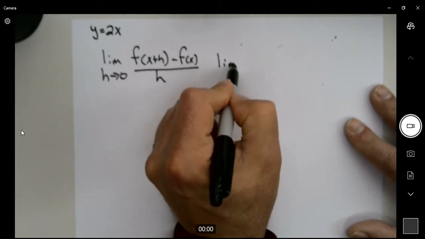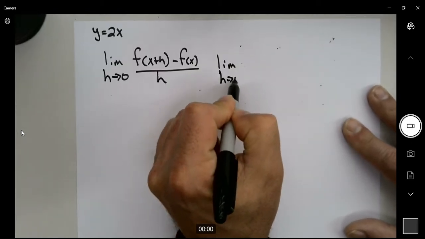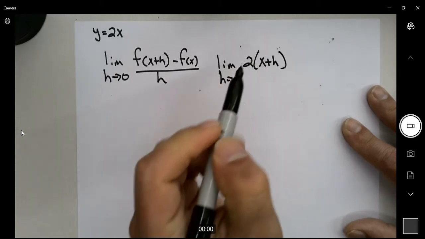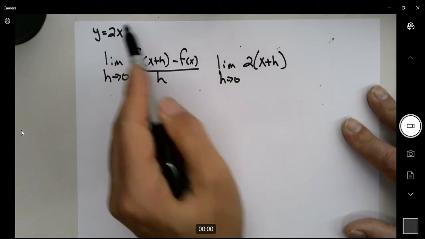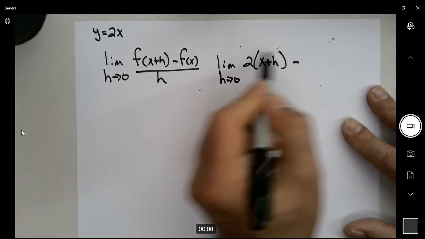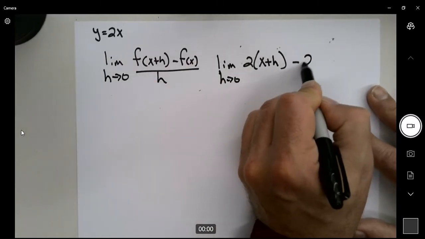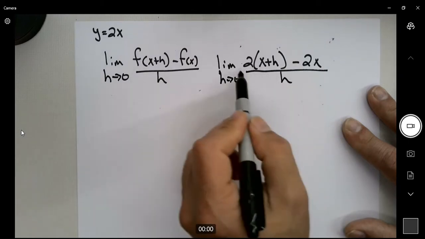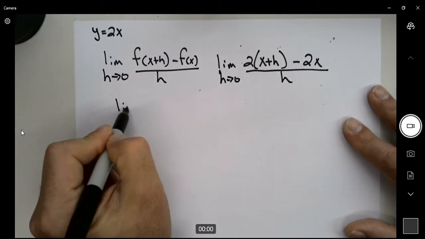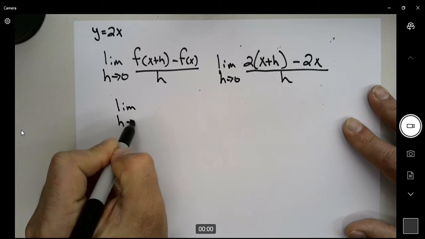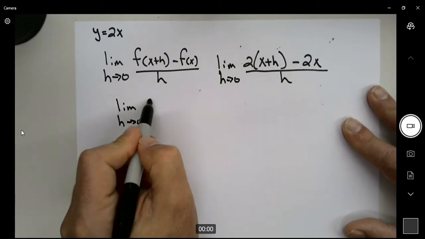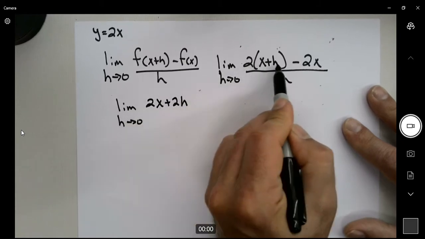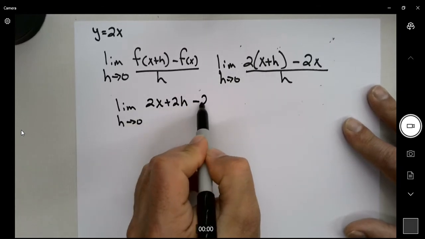So what we've got is the limit as h approaches 0 of 2 times x plus h, not 2x, because remember it's x plus h, minus f of x, which is 2x, over h. So if we distribute this, we'll get the limit as h approaches 0 of 2x plus 2h, right? I'm just distributing the 2 here, minus 2x